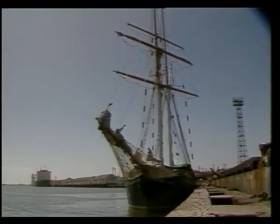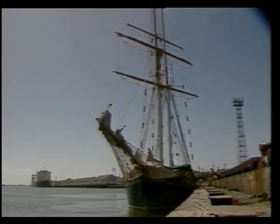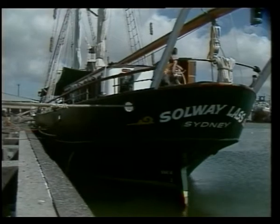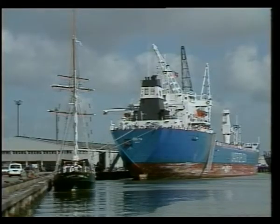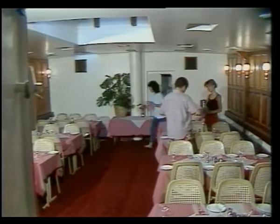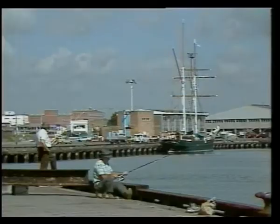The Solway Lass is the stuff that dreams and adventure novels are made of. As the schooner sat at berth today, she reminded all who saw her of a seafaring era long past. These days, the air of romantic adventure that surrounds the lovely lass has made her a hugely popular cruise ship on Sydney Harbour. The story of the Solway Lass begins in 1902, when she was built in Holland for the